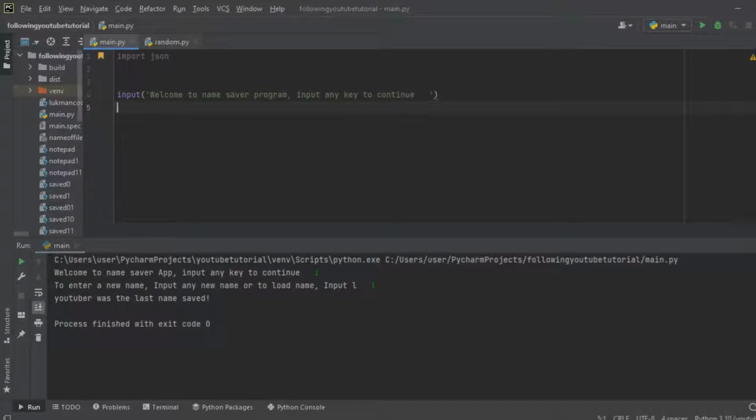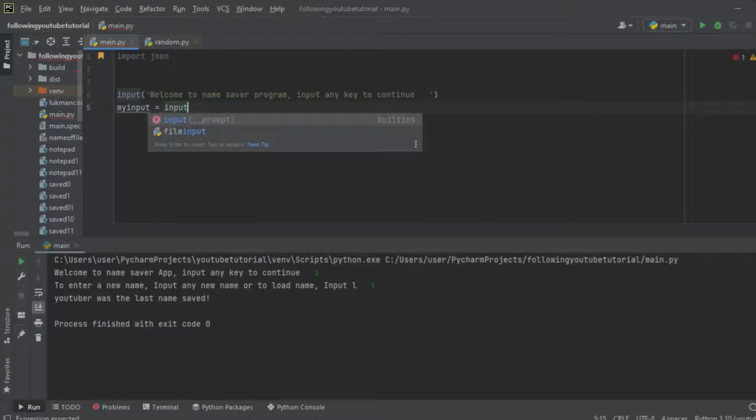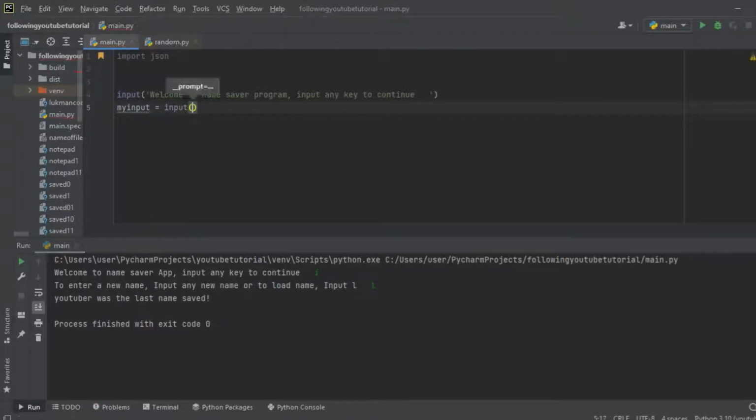So our second step now is to write this my input. We are going to create an input variable whereby we are going to be storing our JSON. We are going to be storing it into our JSON file. So here's how we are going to do it now. We are going to write input, then right over here we are going to write to enter a new name,